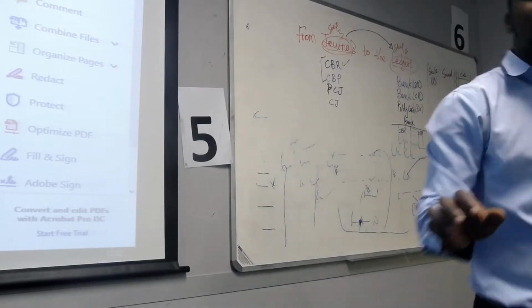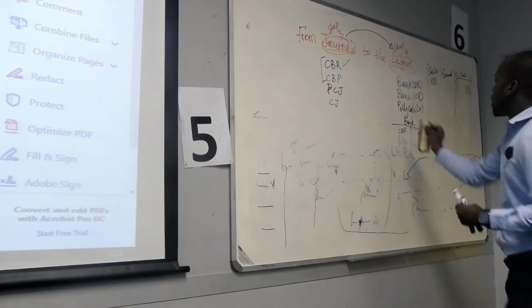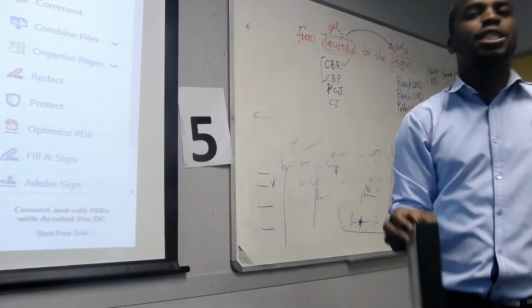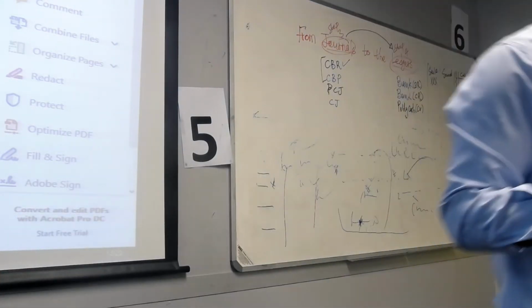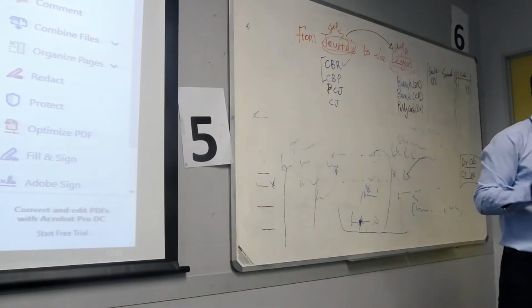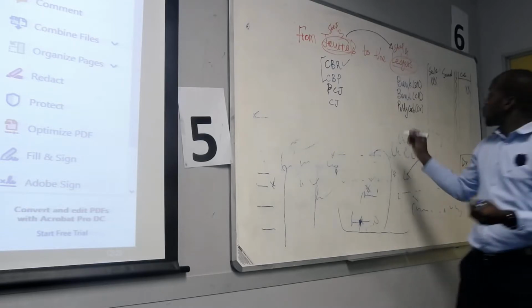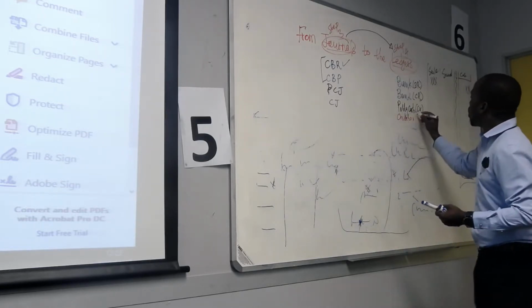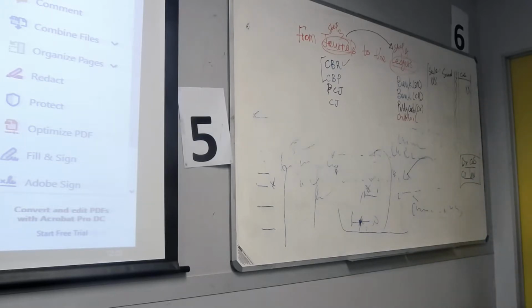Then our question remains the same. What do we do? Or let's say, what is the main account? When we are in the CJ, creditors journal, what is the main account? We've got creditors control. Do we debit or credit creditors control when we are in the CJ? We debit. Where are we getting that?